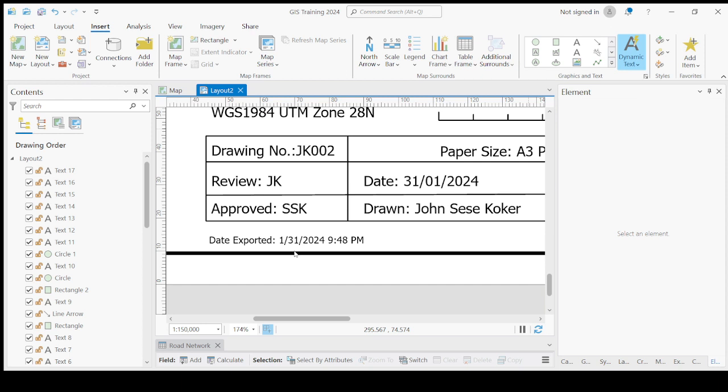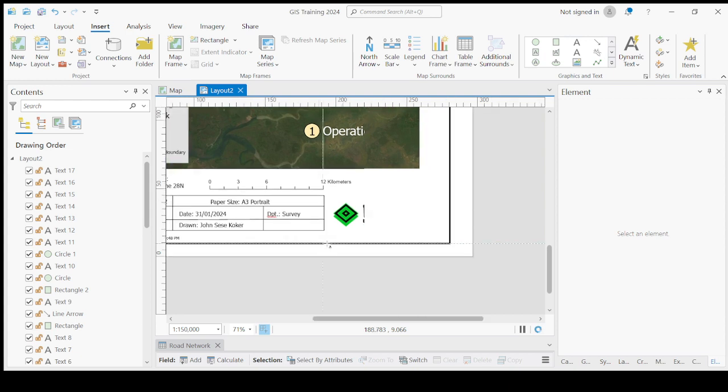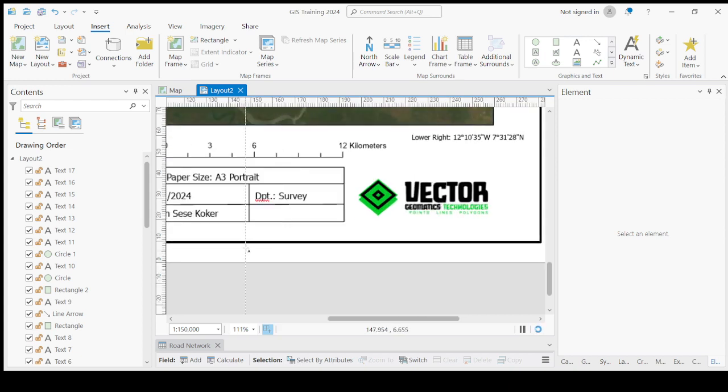So just put it, guys. And then when you put the date exported, please look for path under dynamic text. That is what we call path. It's always good you put a path on your map, because if, let's say, you are not around and then